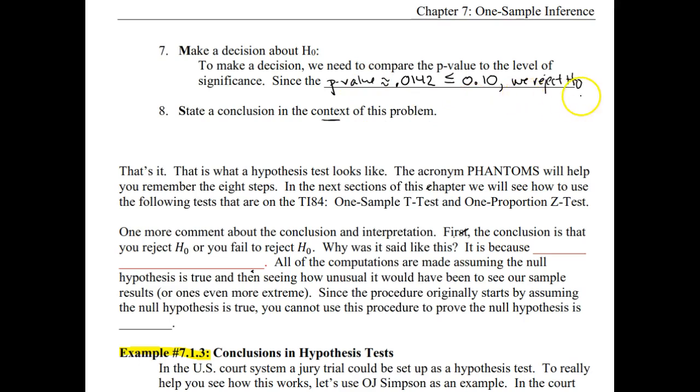Our final step is never to leave the wording as we reject H0. Nobody knows what that means or what the context and the story of the problem was. So in this case, we're going to say that there is significant evidence to conclude. If we're going to reject the null hypothesis, that means we think the alternative is actually the true statement. So we're going to say there is significant evidence to conclude that the mean